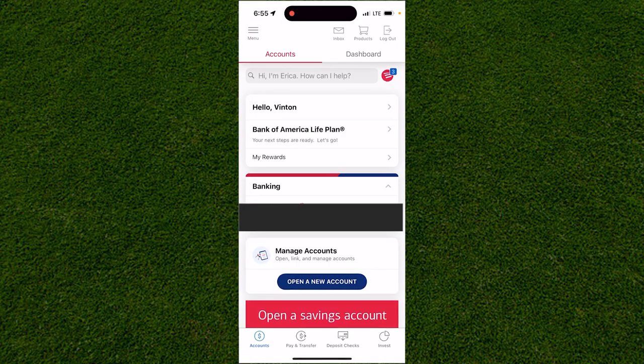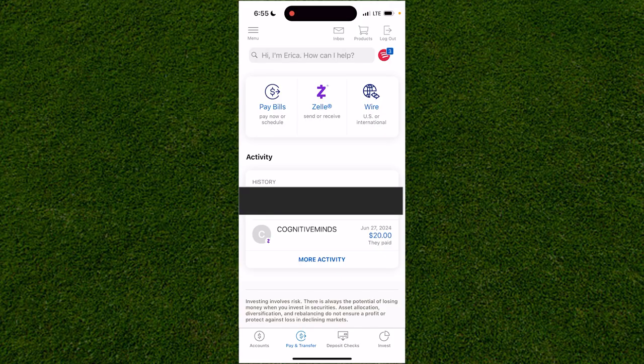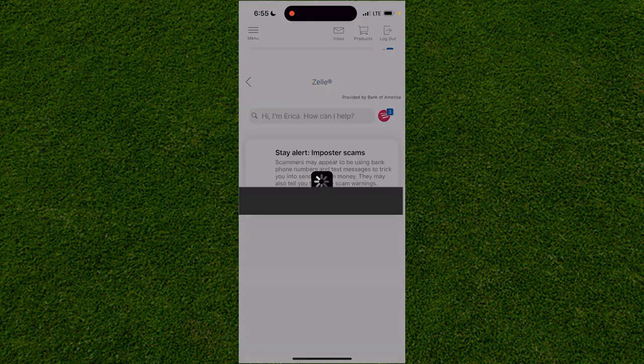From here, all you need to do to access Zelle and make a payment is first click on the Pay and Transfer mode on the top or the bottom left-hand corner of the screen. Once you click on that, you just want to click on Zelle, which is in the very middle of the screen, either send or receive. You can even do wire transfer on the right hand side, but we just want to click on the Zelle